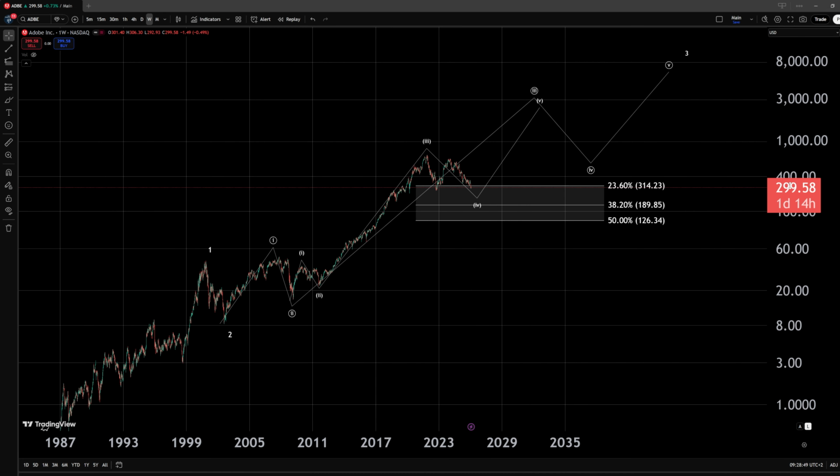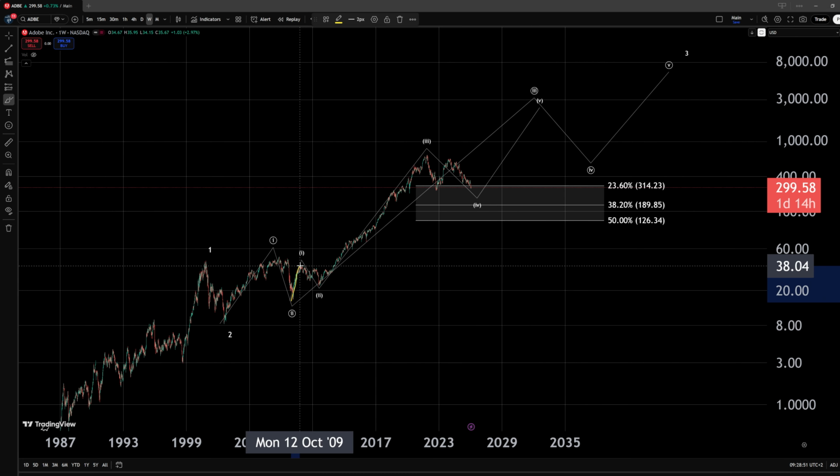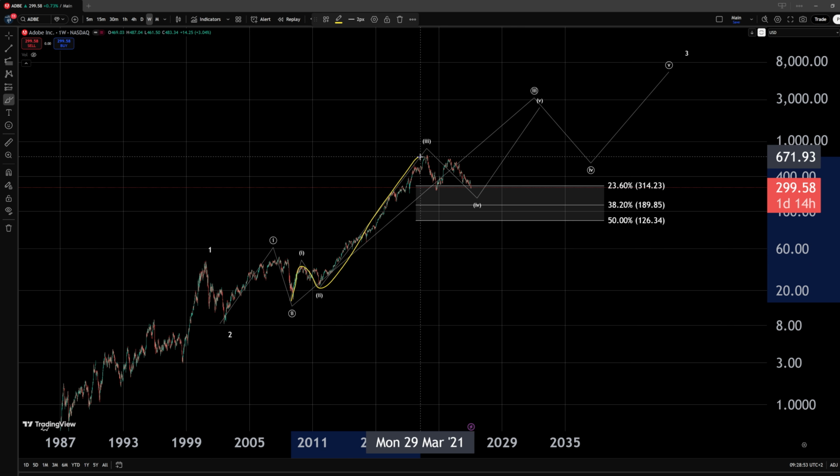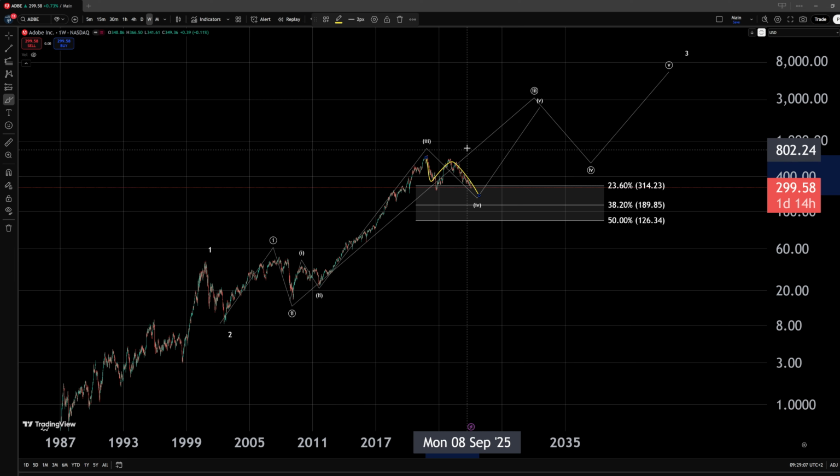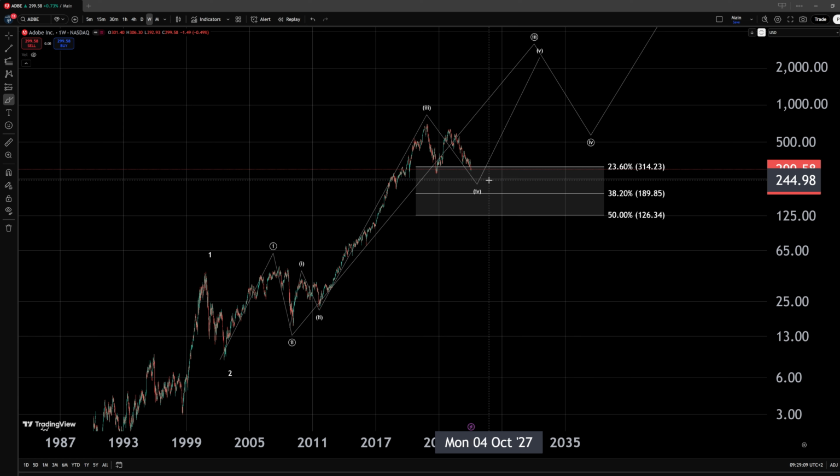Once again, we have been tracking this impulse where we have the wave 1, 2, and 3 complete, and we have been looking for a reset for this wave 4 for quite some time already. And within it, we are tracking an ABC pattern, of course. Now, assuming we would bottom within this wave 4 around the structural support I highlighted for you in the previous video,